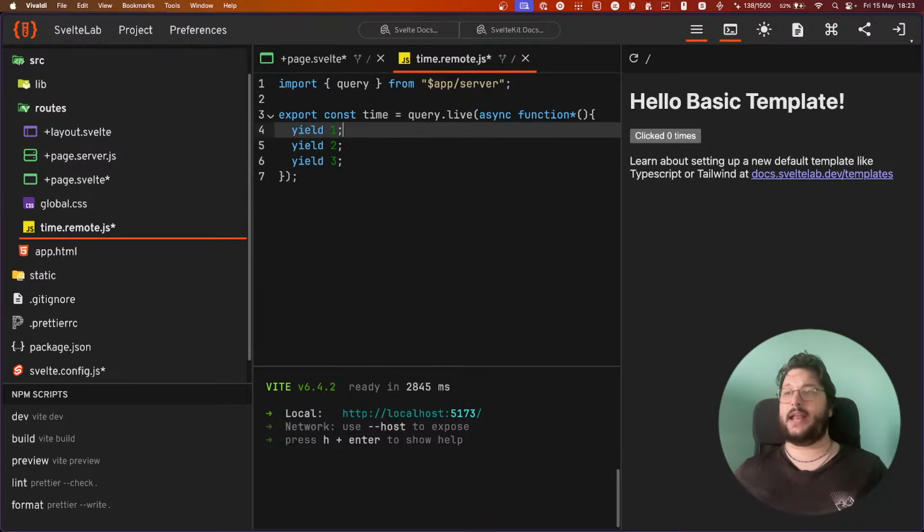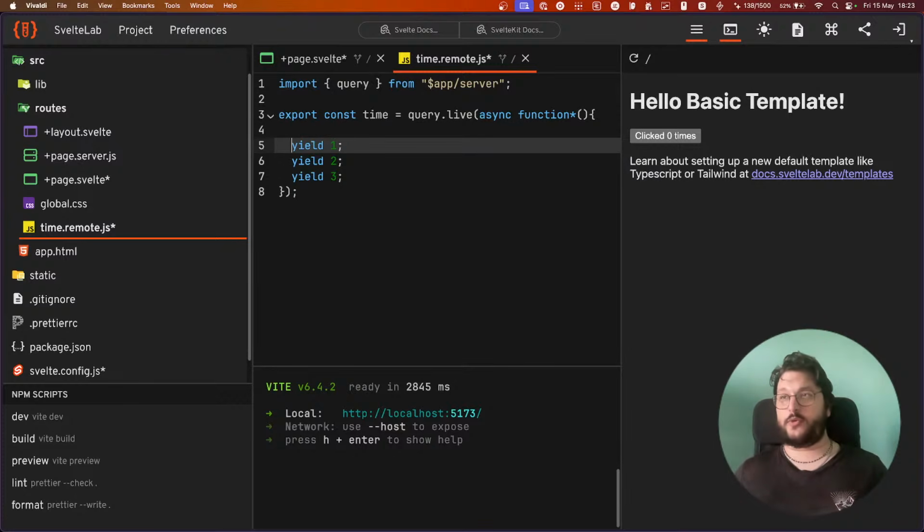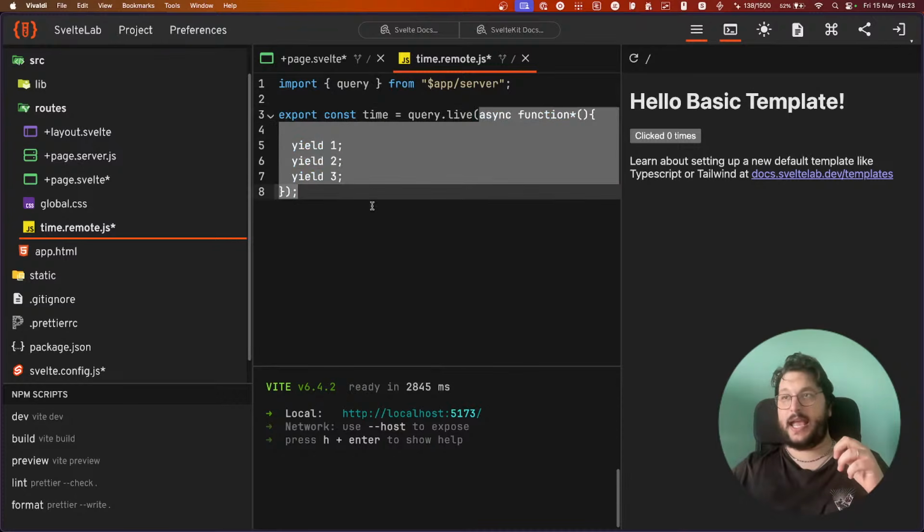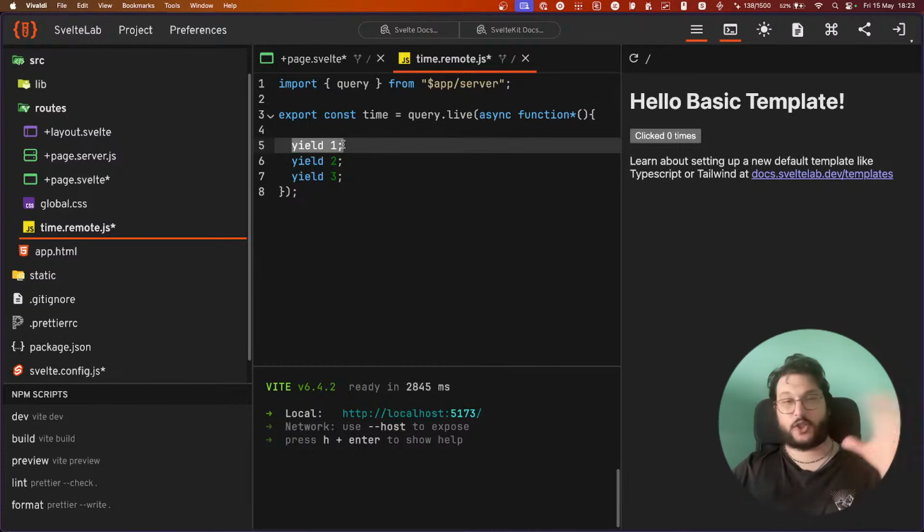When you reach a yield, the runtime goes back to the invoker. If I invoke this function and call next, it will reach this point and stop, and it waits for the next call before continuing.